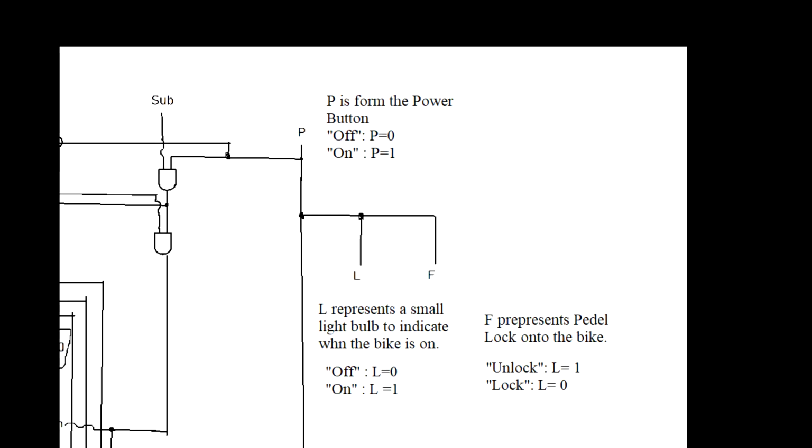Another occurrence is that the pedals are separated or unlocked from the gears. I want a mode where you can ride the bike normally because there should always be an alternative if your bike generator breaks or shuts down. I am certain there is a much more efficient way to switch between these modes, but this is what I came up with. So the pedals are unlocked in such a way that when the electrical bike is in use, the pedals will not be in the way when the gears are moved by the motor. When the motor is off, the pedals are locked into gears so that the bike can be used